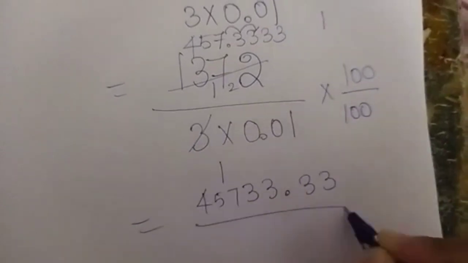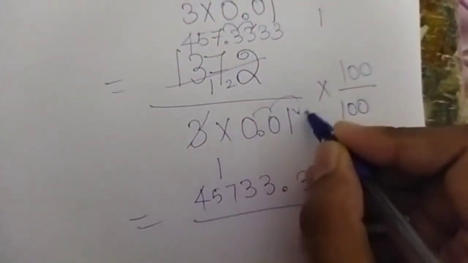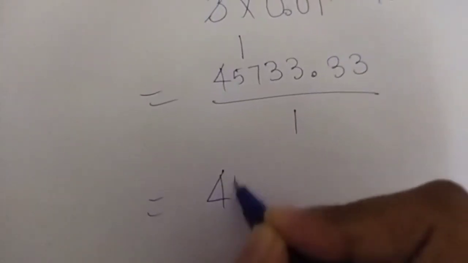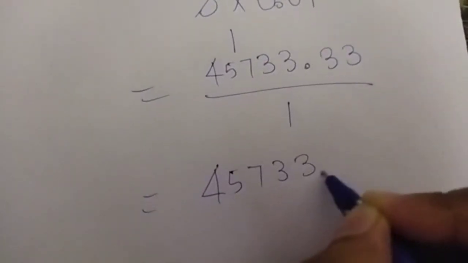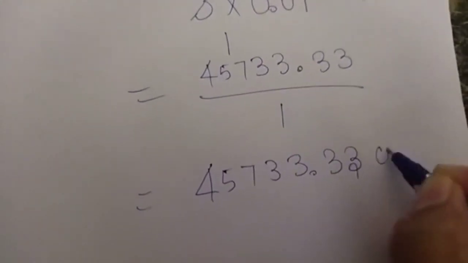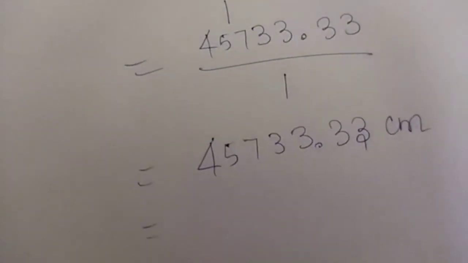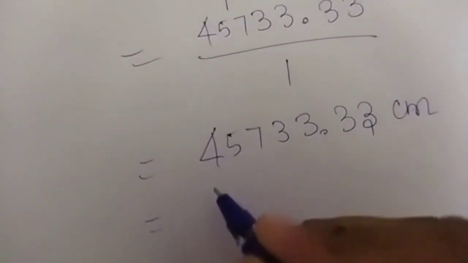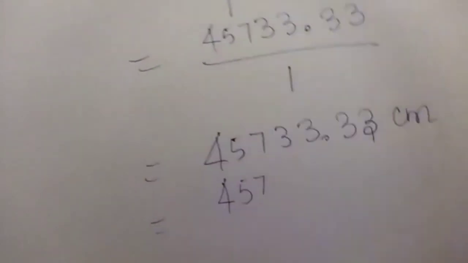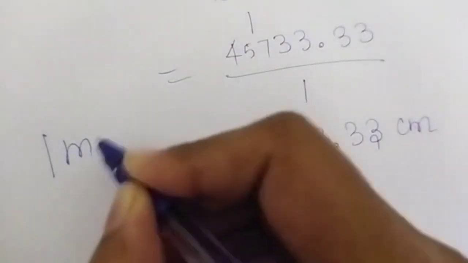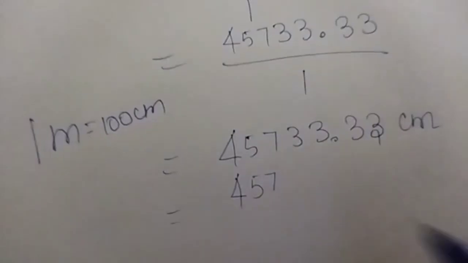45733.33 divided by 1. So we get 45733.33 centimeter. So centimeter to meter means we need to divide by 100. We know that 1 meter is equal to 100 centimeters. So dividing by 100 we get